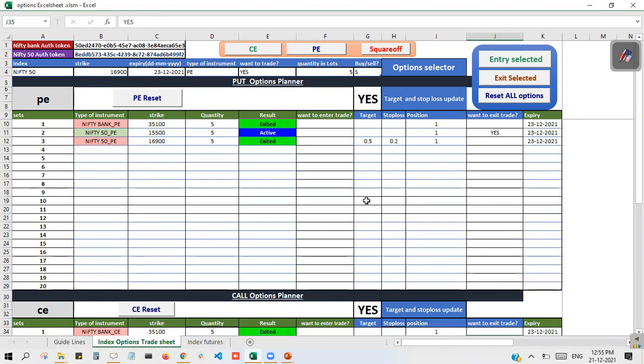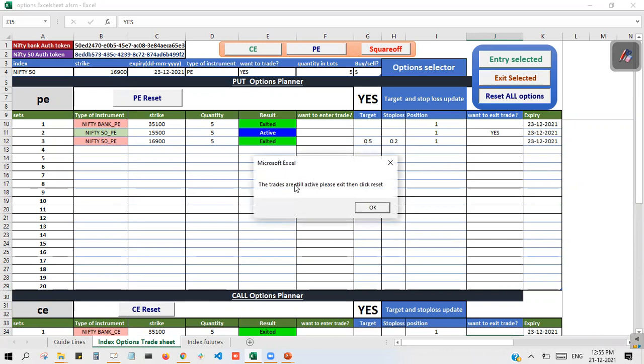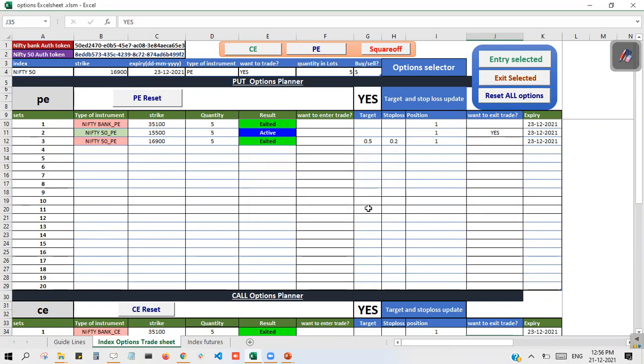Suppose there are open positions and you unfortunately click reset all positions, it will obviously prompt you that the trades are still active and to please exit, then click reset. Otherwise, it won't prompt. If all positions have been closed, then it will work.